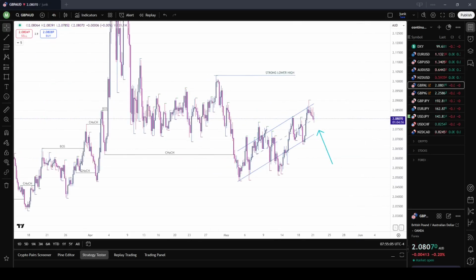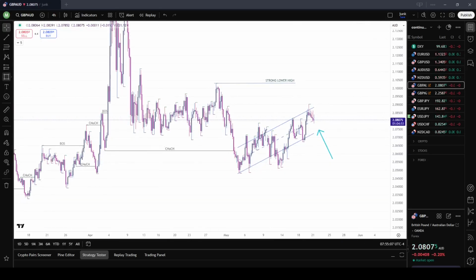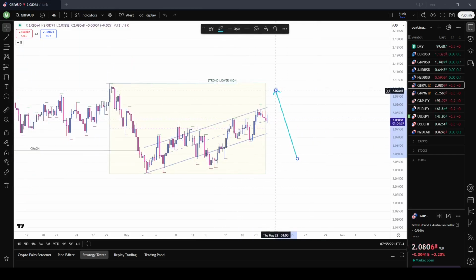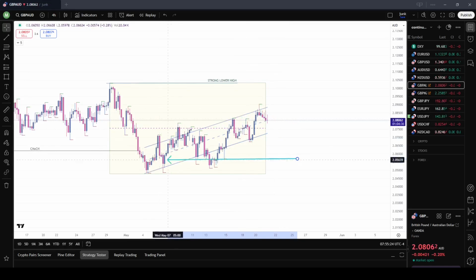GBP AUD, let's go map out the current range. Of course, we know sellers step back in. We'll see no sellers step back in from over here, start consolidating sideways. Market structure broke to the downside, so this is the current 4-hour range we're dealing with. Prices start retracing back in a corrective way in this ascending channel, making higher highs, higher lows, higher highs, higher